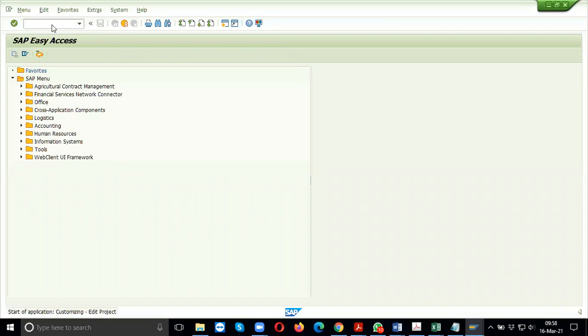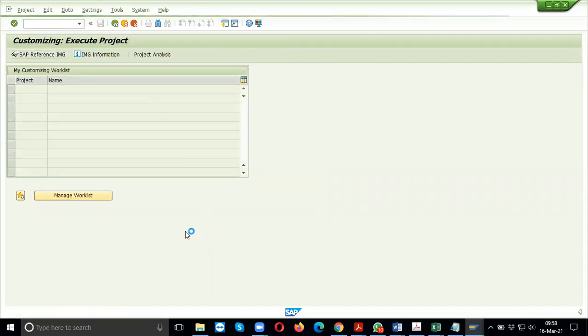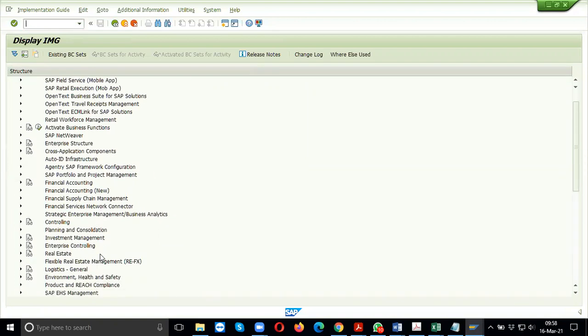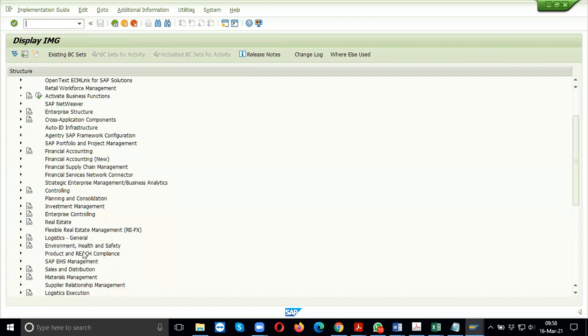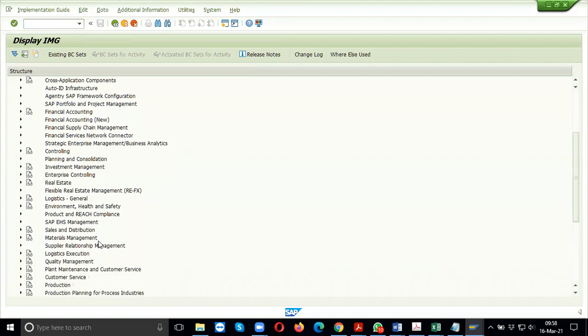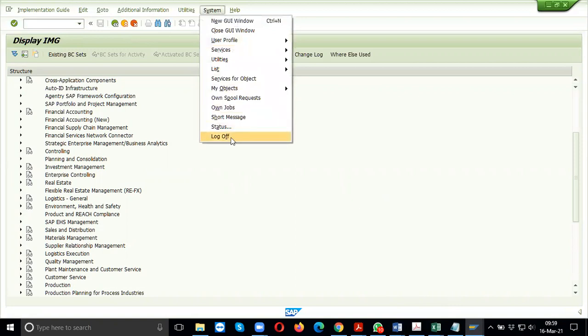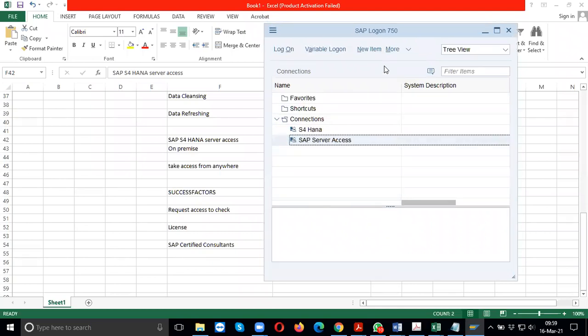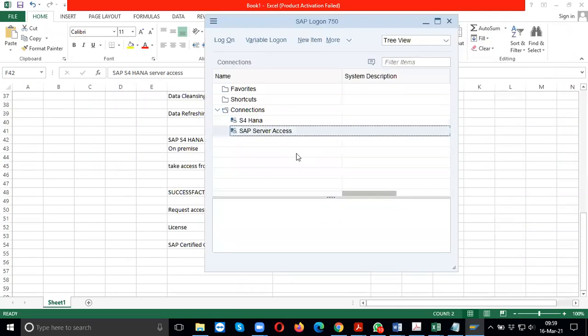Under this, if you look at the SPRO option, that is SAP Reference Project Object, you get all the configurations below it for all modules, for example real estate and logistics. Now here, this is the ECC application. Remember that, a SAP ECC. That is the older version. ECC is the ERP version of SAP. Then what is SAP HCM? Is it the same as HANA? No, no. HCM is